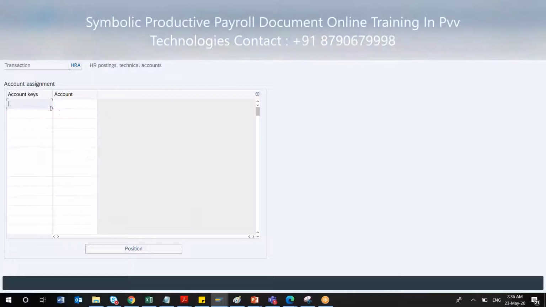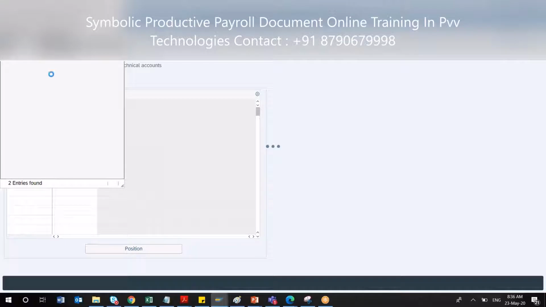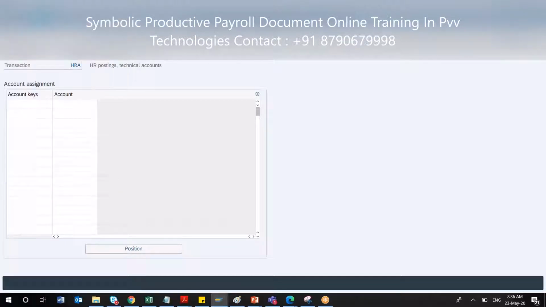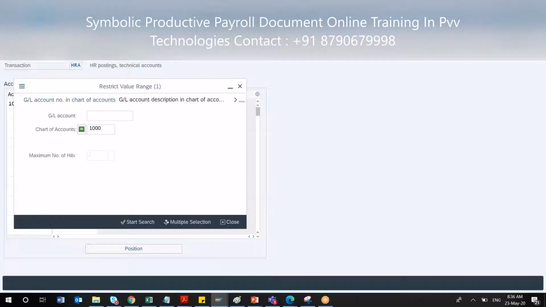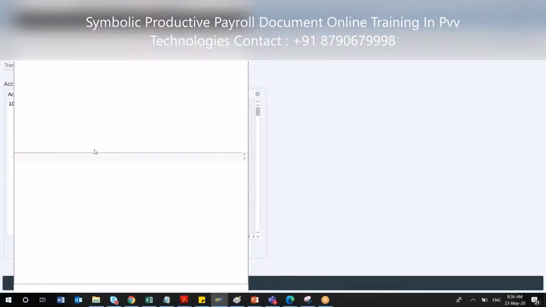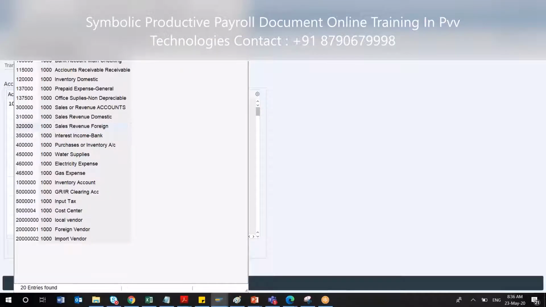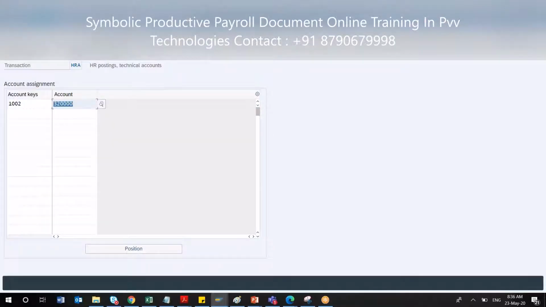Account 1000. Then here they will be asking for some kind of account assignment keys and all. Okay, so this account assignment key, again, it will be defined by your finance. Okay, after doing this, they'll be connected to a specific GL. Okay, so this is a series of activities which you do in a typical finance posting setup.